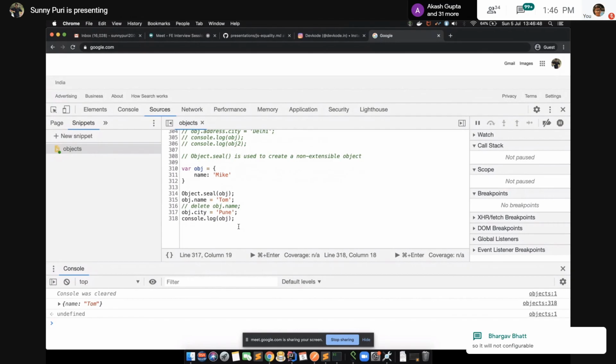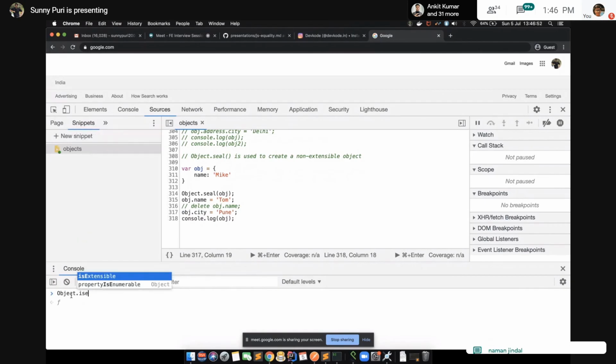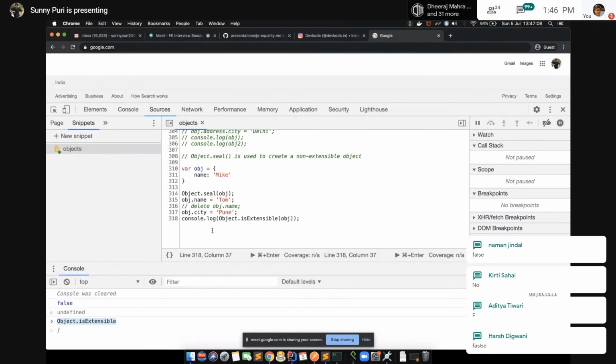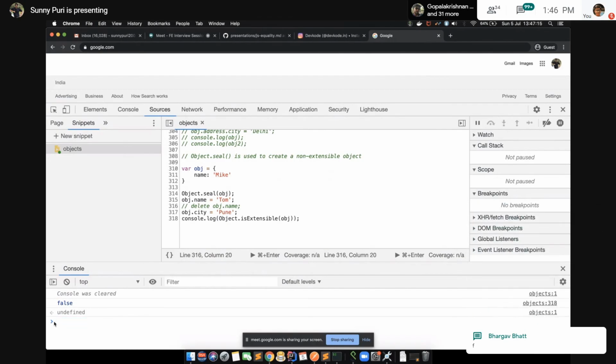This is clear, guys. Let's say Object.isExtensible, yeah, we have that. Let's try this out. What will be the output? False. Now it's clear, guys. Are you getting how we can see all these things? Proto objects, prototypes. This will take time, but now you've got the concept of what approach you should follow to learn.